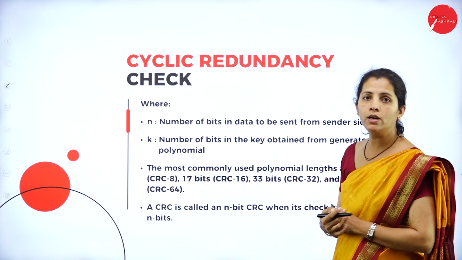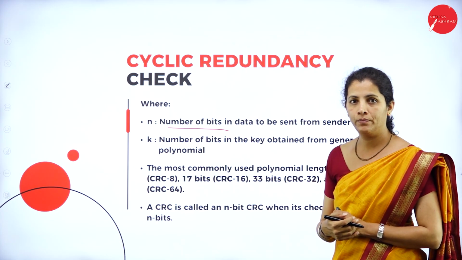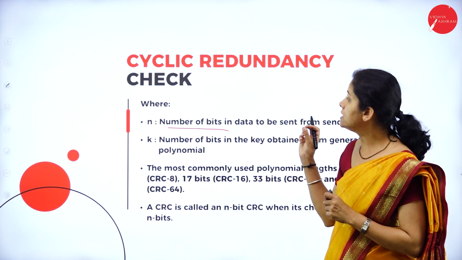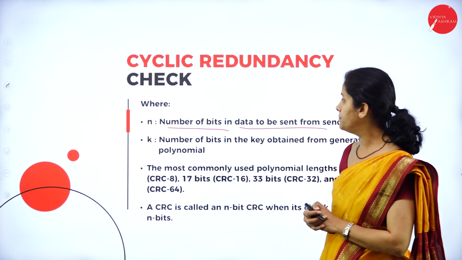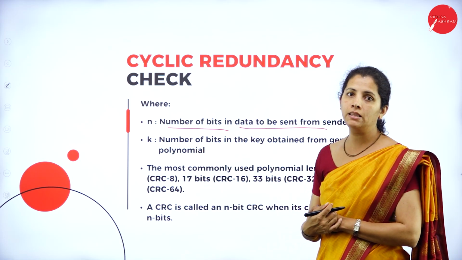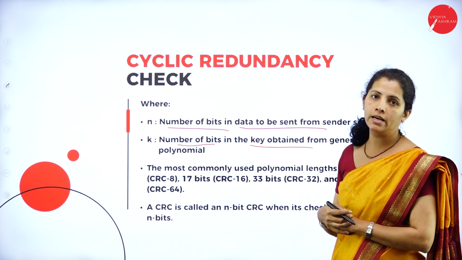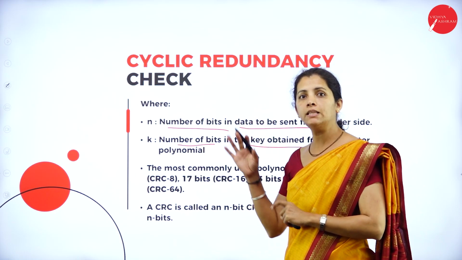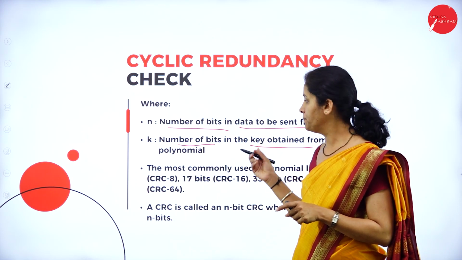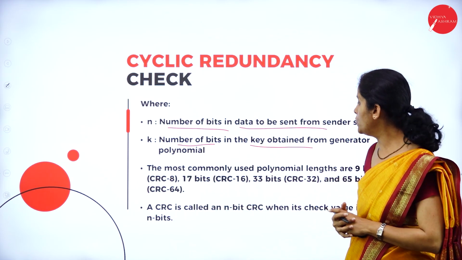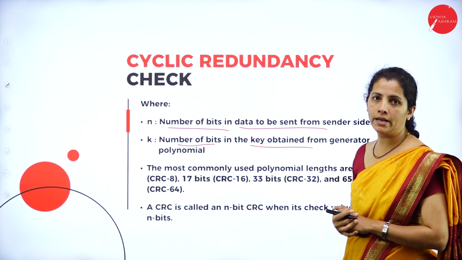Now, dear student, n is nothing but the number of bits in the data that is to be sent. Then, k is nothing but the number of bits in the key obtained to generate the polynomials. So, n is the number of bits in my data, and k is the number of bits in my key. The most commonly used polynomials are, if it is n bit,